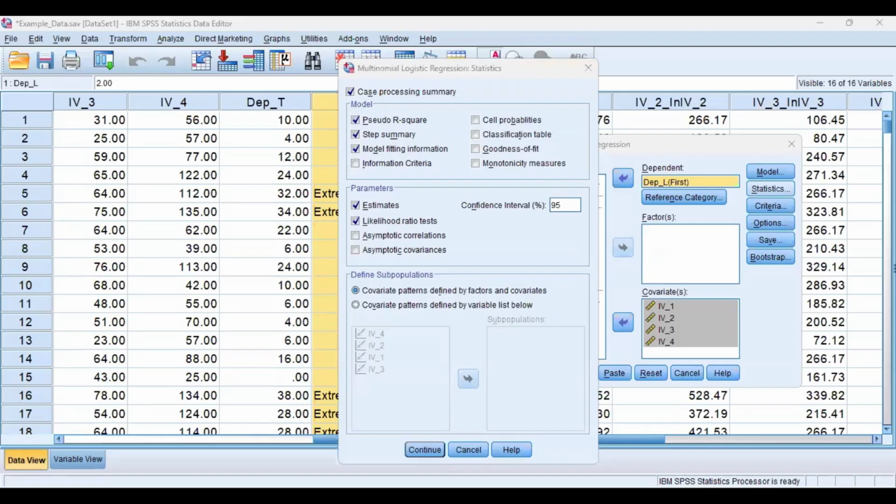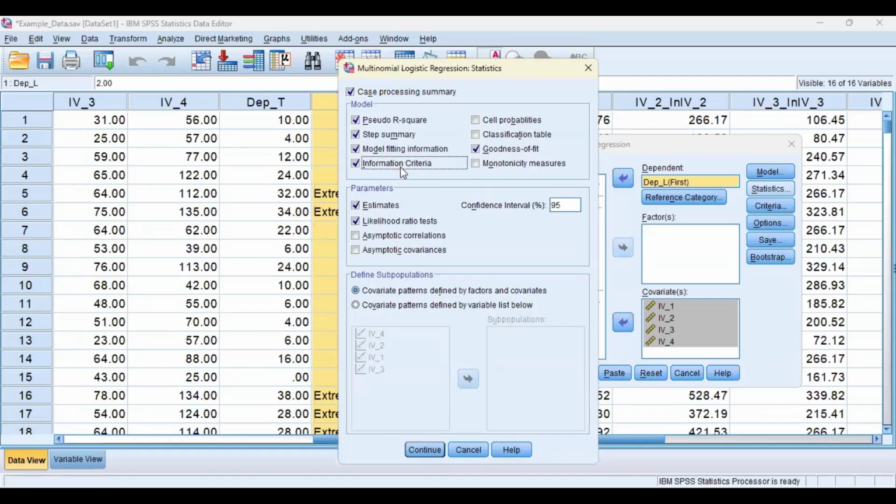And in addition to that, maybe go for goodness of fit, because I want some measures of model fit for my general model. And maybe I want to go to information criteria